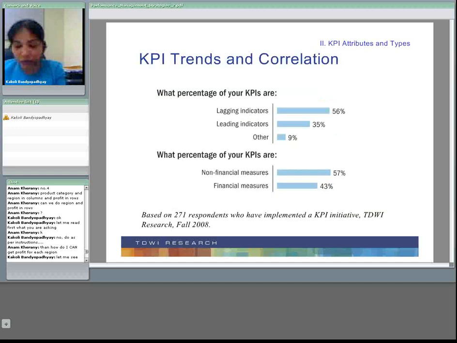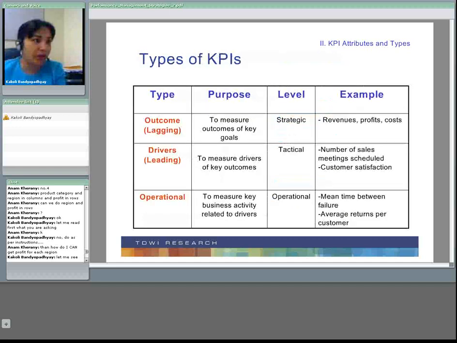And then we also talked about the different types of KPI, okay. In these different types of KPI, we looked at the outcome, drivers and operational. And do look at the examples. Outcome KPIs would be revenue, profit, cost. Drivers would be number of sales meetings scheduled, customer satisfaction. Some operational KPIs would be mean time between failure, average returns per customer. Okay, this is your chapter 3. And now what I would do is I will, in another video clip